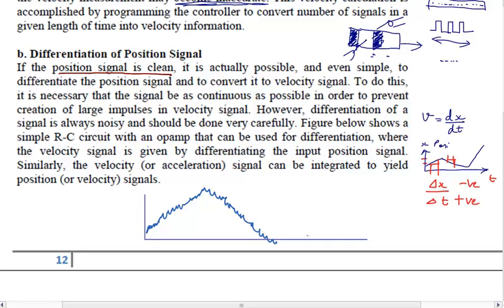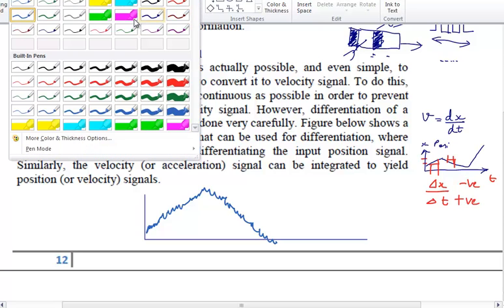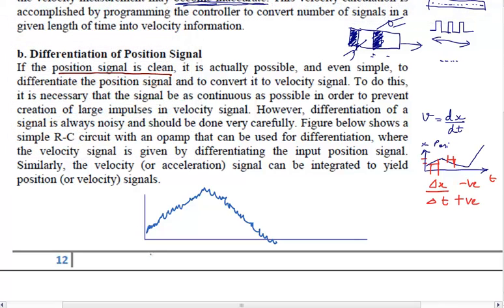So what will happen here is, if I am going to take the velocity, see, when it is going up it is okay, but when it is coming down, even a small spike, I will suddenly get a very negative velocity. So basically a spiky signal differentiation will give me a velocity signal which looks like this. You can see here I am getting negative velocity, but it's all in the shape of pulses. It's not as clean as I got it previously.